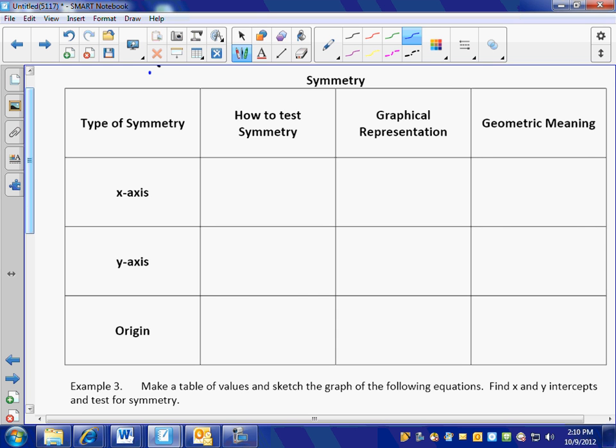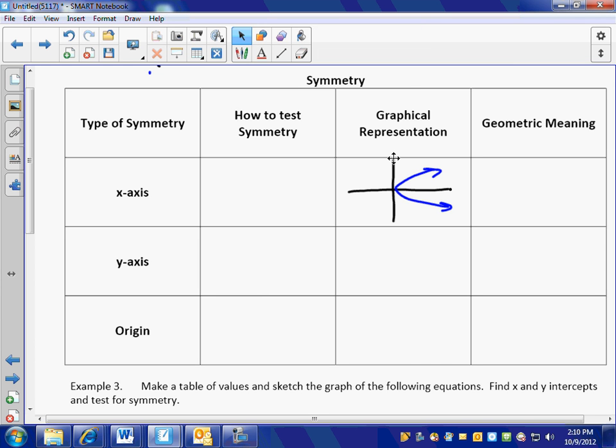Okay. So yesterday we talked about odd and even functions. Even functions were symmetrical about the y-axis, and odd functions were symmetrical about the origin. Today we're going to look at 3 types of symmetry, 2 that we looked at yesterday, but we're going to give them slightly different representations. So graphically, if you are going to have symmetry about the x-axis, you might have a graph that looks like this. This graph has symmetry about the x-axis. In your notes, and the way we test for this symmetry